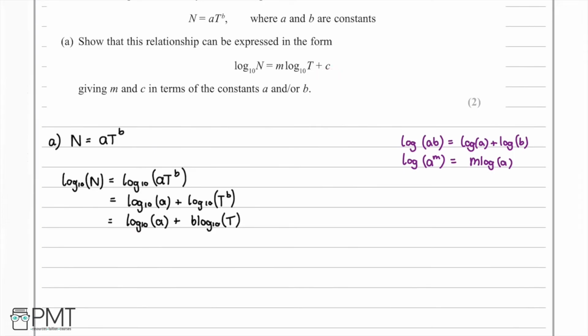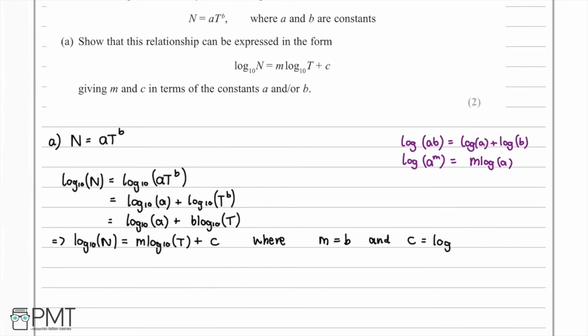So rewriting this once more, we have that log10 of n is going to be equal to m log10 t, and then we're going to add on c, where we have that m is going to be equal to b,